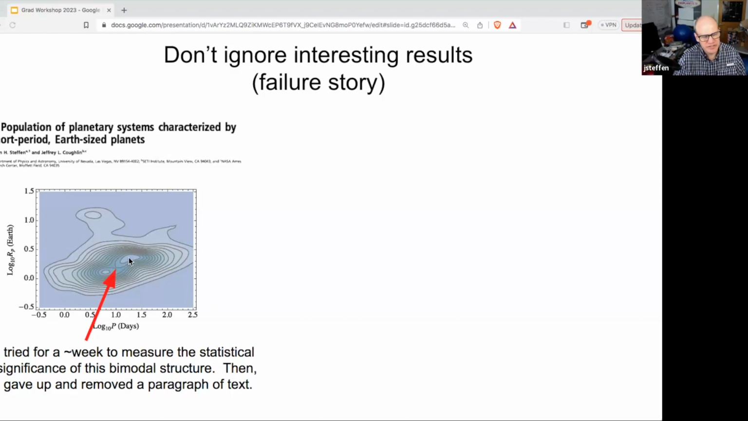It looked like it had two different peaks. In fact, it shows that it has two different peaks. I tried for about a week to come up with some measurement of the statistical significance of these two different peaks, and decided that I wasn't able to do it in the time frame that I had available to me to wrap it up, because I was moving. And so I just dropped that analysis, removed a paragraph of text, and then a year later,